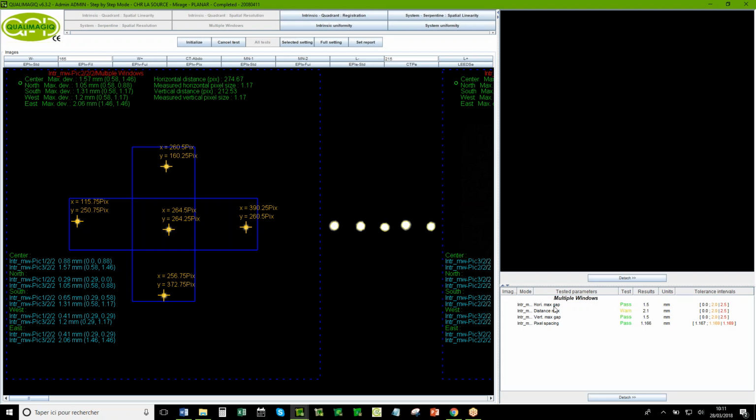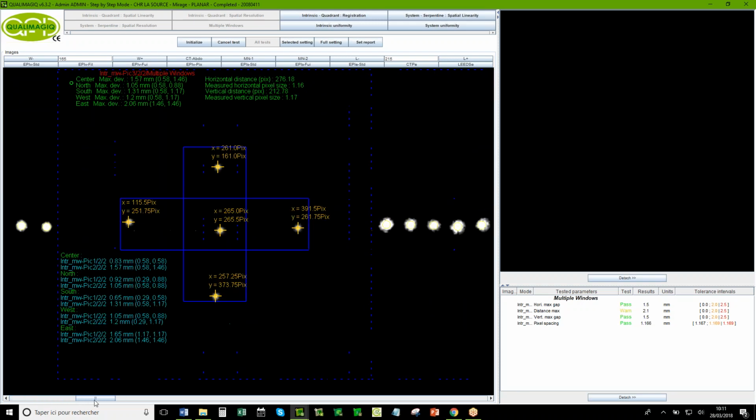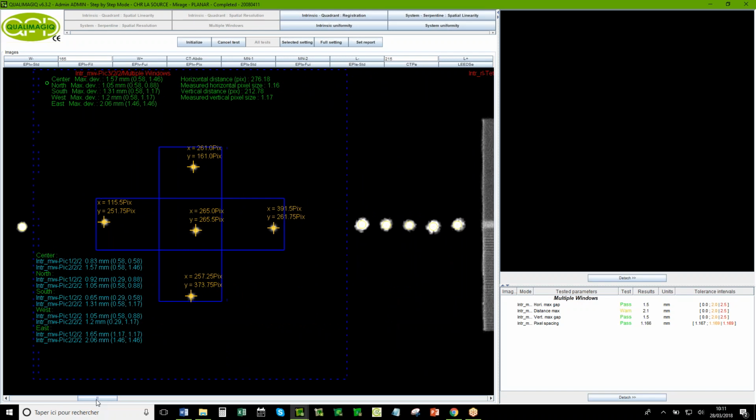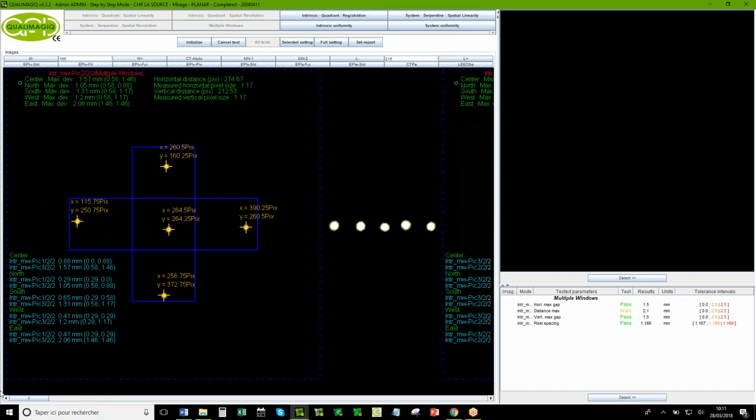It's only to see, when you change the energy of the source, to be sure that the spatial accuracy of your camera is the same. So we control the gap in between the 2 energies. So do you have a question about this test? It's not very complicated. We detect the 5 sources.